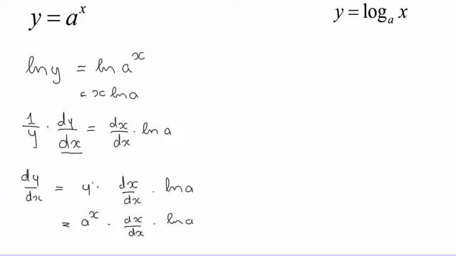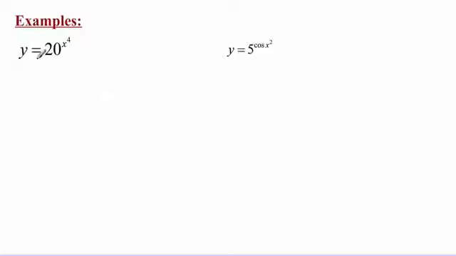So then, now looking at examples for this type of exercise, we've got y is equal to 20 to the power x to the power 4. So now, I'm no longer going to apply ln on both sides. I'm going to use what I know. We know that this exponential function